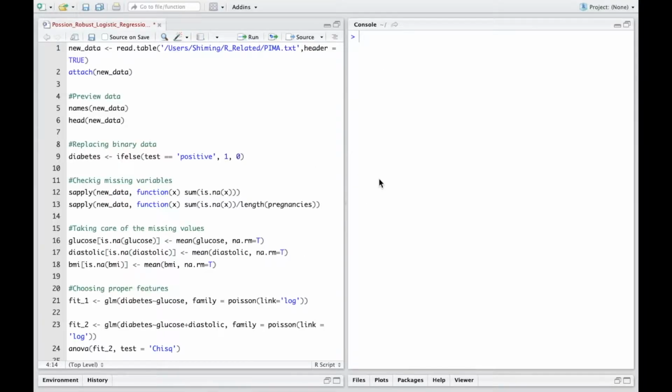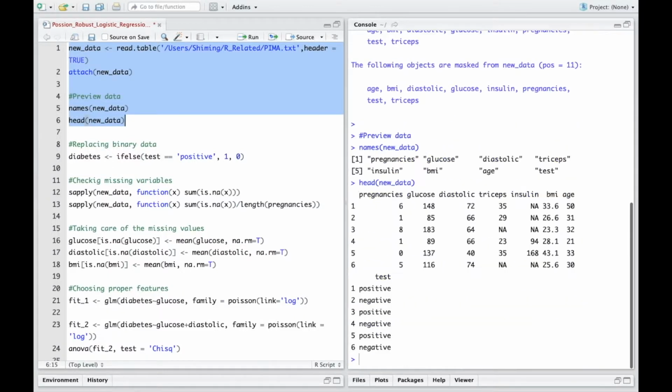Alright everyone, let's take a look at our data first. The data is called PIMA. It's a TXT file. I will give you a link in my description so that you can download it by yourself. Let's first look at the data. The data is about someone's health information, as well as the test results of whether that person has diabetes or not. By running the code names,